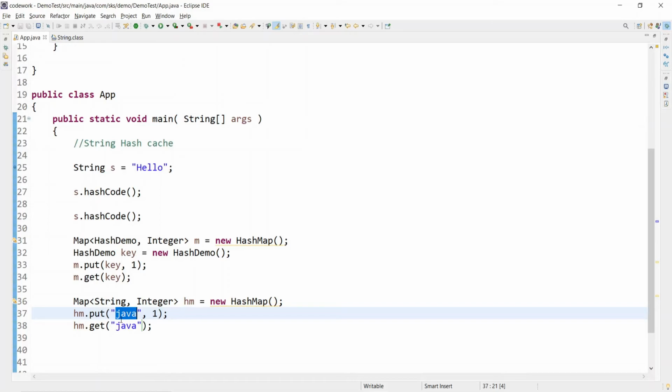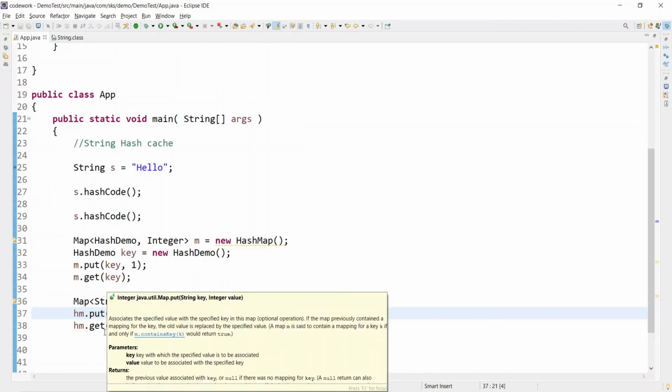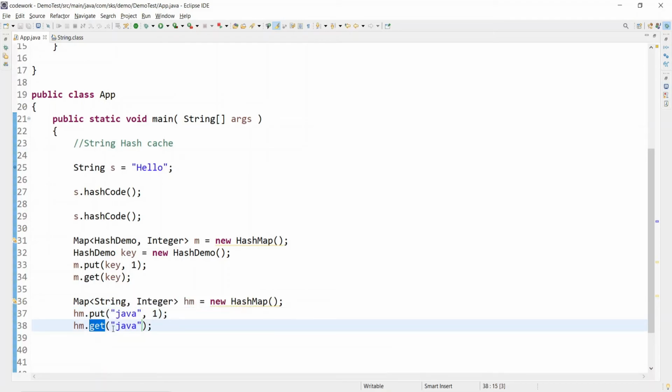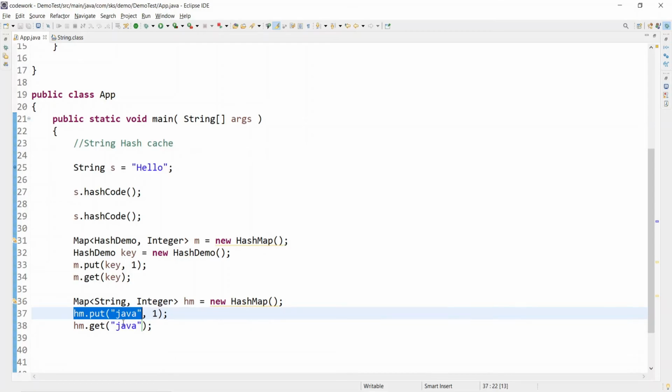So imagine the length of the string is 1000 characters, and you will be using put and get multiple times, so get can be used 1000 times to get the key. If each time it calculated the hash code, obviously it would degrade the performance. So that's why only one time, in the case of put or get, the JVM calculates the hash code and caches it in the String object.